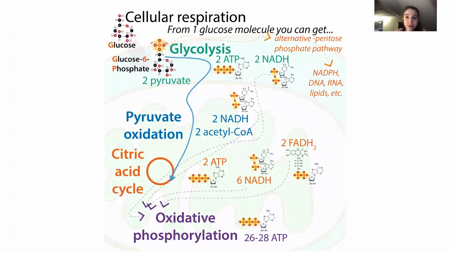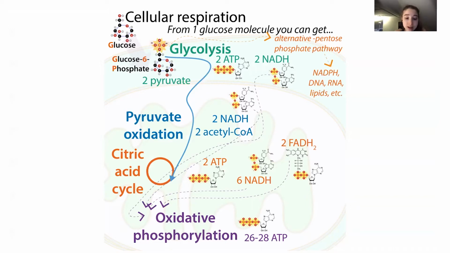If you started with glucose, so if you started with a sugar, you're going to have to go through glycolysis, the citric acid cycle, and then oxidative phosphorylation, and you end up with a bunch of ATP, but you have to go through all of this stuff. And so this is taking time. You can imagine that if there's a bear coming at you and you need to run, you don't want to be waiting around for all of this to happen.